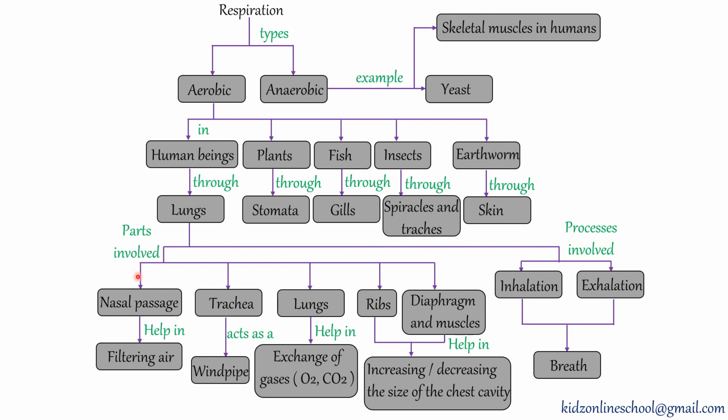Parts involved: nasal passage, trachea, lungs, ribcage, diaphragm and muscles. Process involved: inhalation and exhalation. Nasal passage helps in filtering air. Trachea acts as windpipe. Lungs help in exchange of gases. Ribs and diaphragm and muscles help in increasing or decreasing the size of the chest cavity. Process involved: breathing,